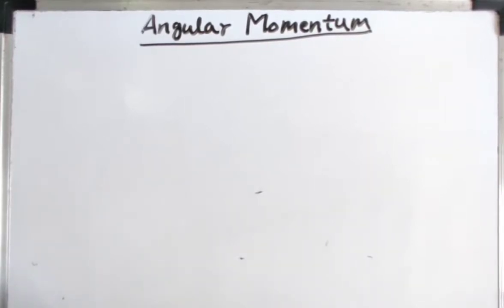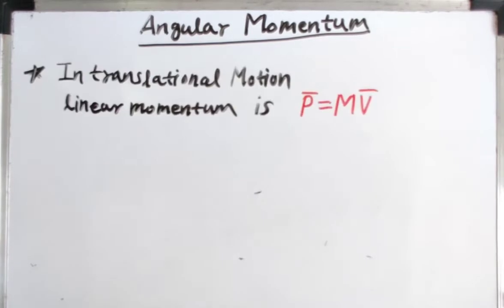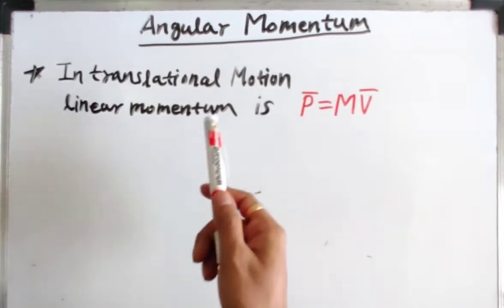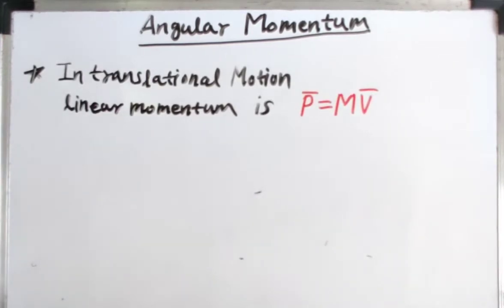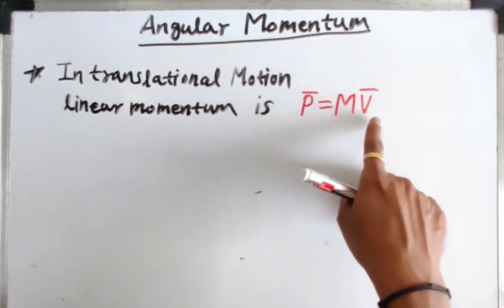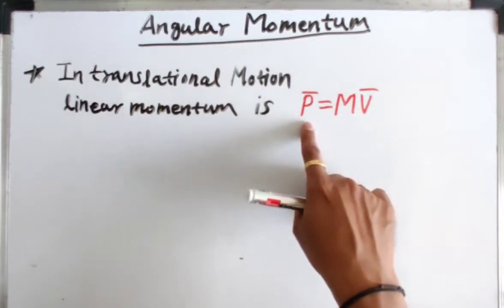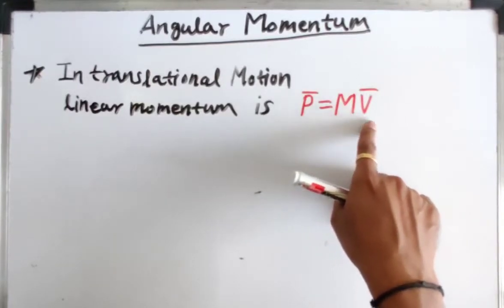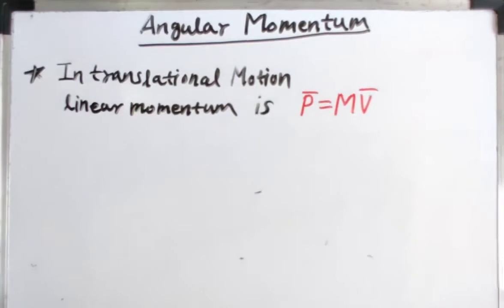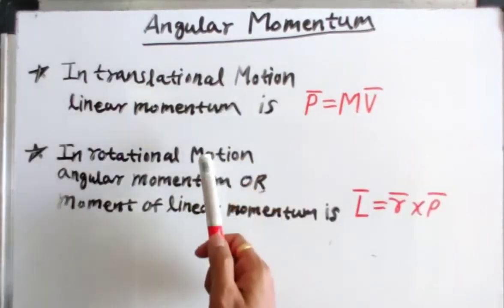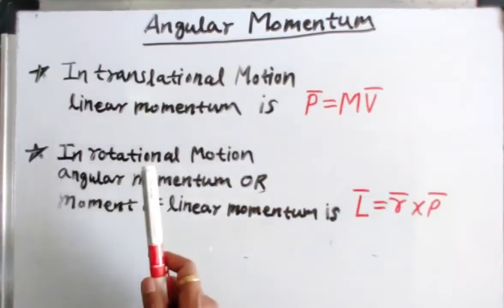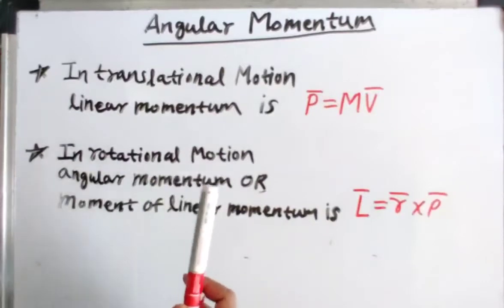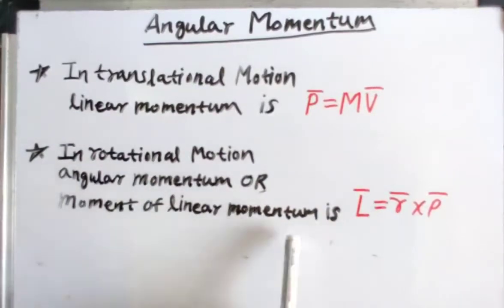In this video, we are going to study the angular momentum of a rotating body. We know that in translational motion, linear momentum is given by the formula p̄ = m v̄, where p̄ is the linear momentum, which is the product of the mass of the object and its velocity. And analogous to this, in rotational motion, angular momentum or moment of linear momentum is given by the formula